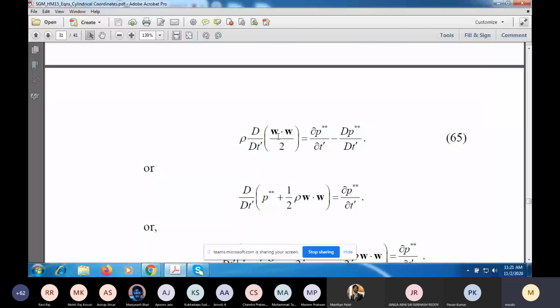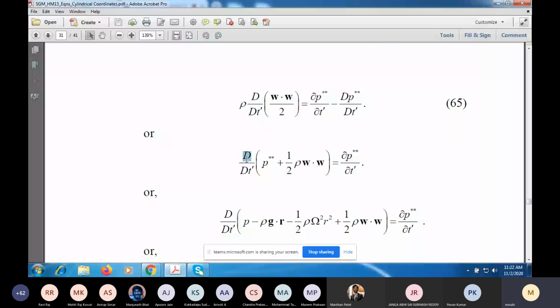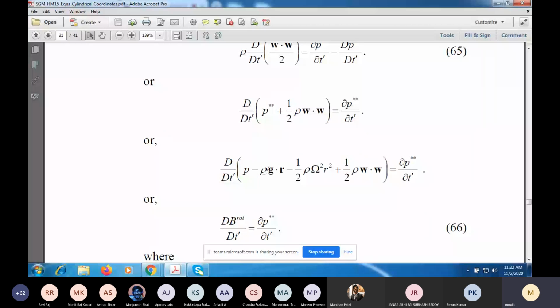I can move this last term on the right hand side to the left hand side. And d/dt is a linear operator. So you have an equation of this form: d/dt prime of P star star plus half rho W dot W is equal to this unsteady term, del/del t prime of P star star. Now P star star is the sum of three terms which I have written here in full. Okay, the static pressure P minus this gravity part minus this centripetal part, and then you have the relative kinetic